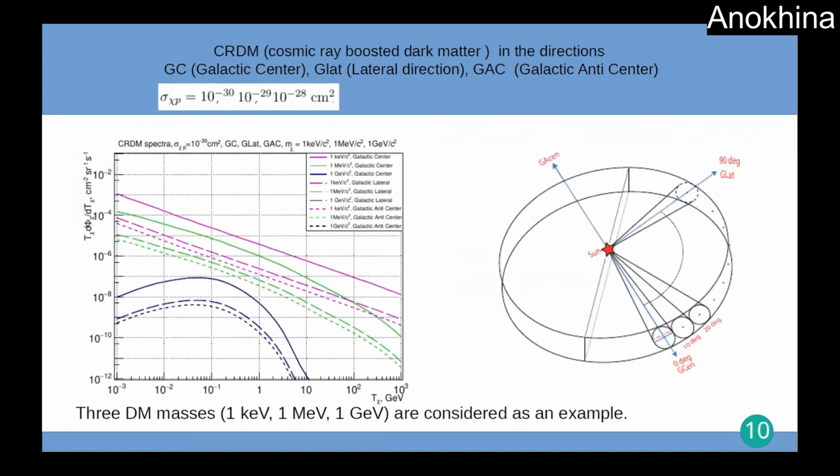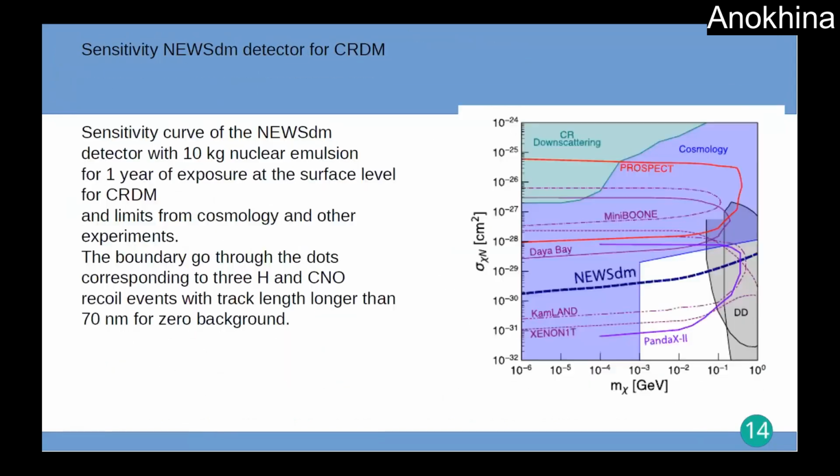And here are our first results. These are the sensitivity curves for the NEWSdm detector for mass ranges from 1 keV to 1 GeV, in the range of cross-section for DM proton interaction, together with cosmology and other experiment constraints. And the second question: